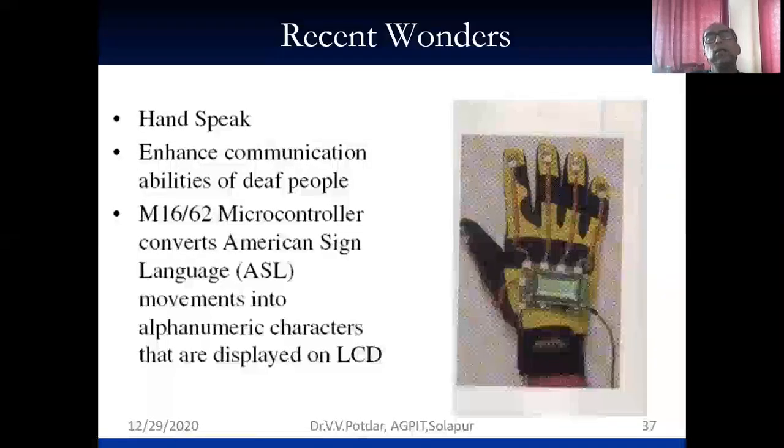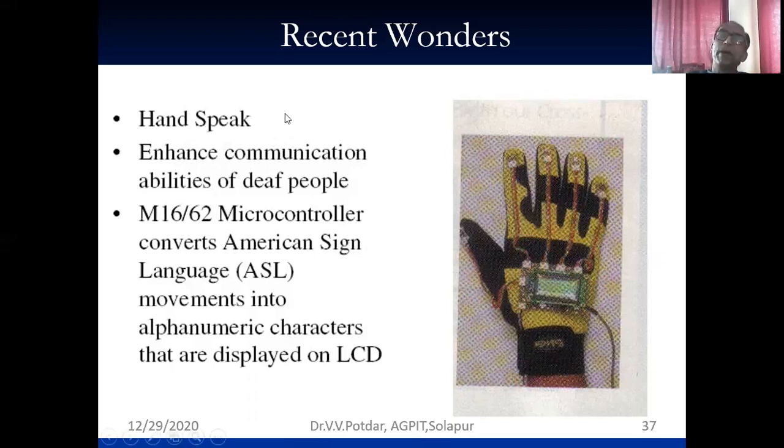So these were a few applications, friends. Many more applications of microcontrollers in daily use, even in washing machines and many appliances, microcontrollers are being used. So this was a brief discussion about microcontrollers, their architecture, their applications, and their port details.